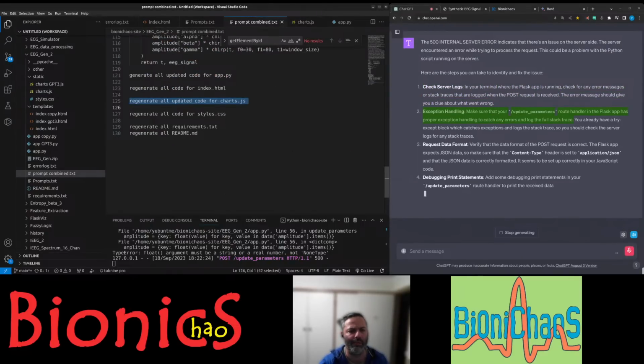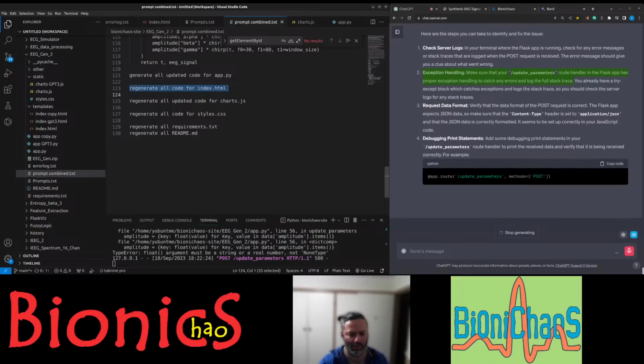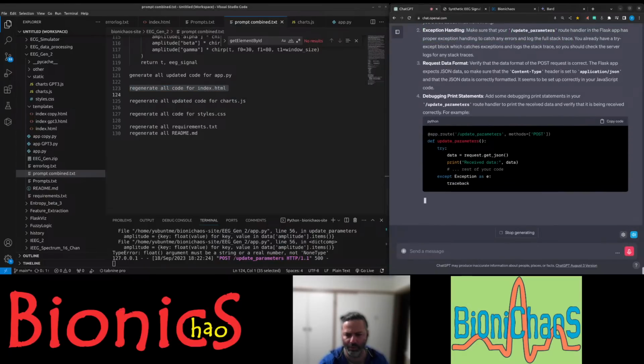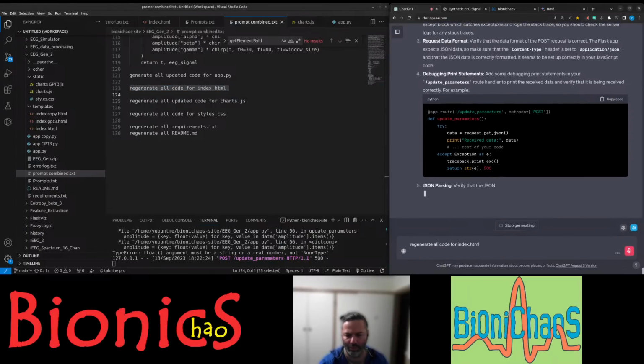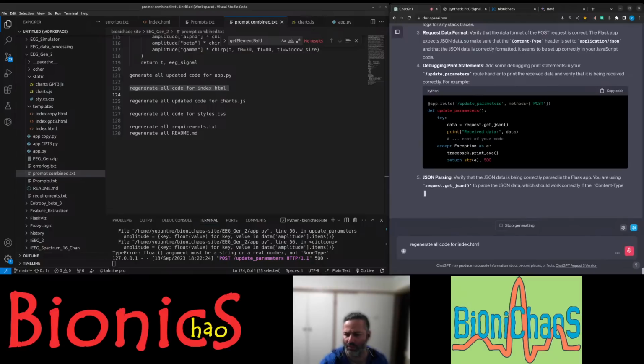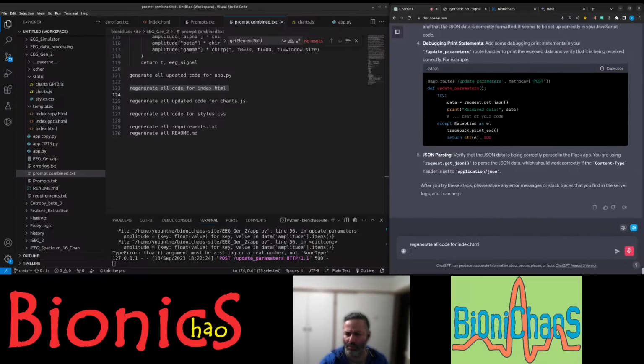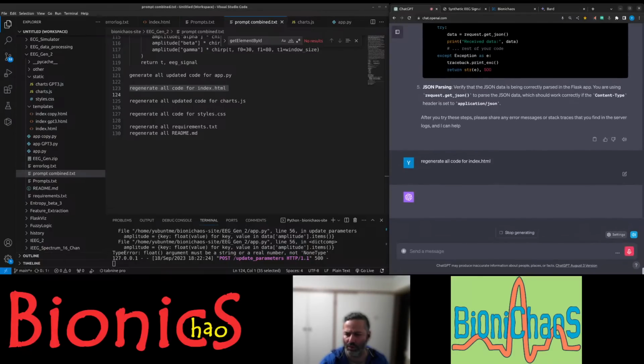Exception handling. Make sure that your update_parameters route handler in the Flask app has proper exception handling to catch any errors and log the full stack trace. You already have a try-except block which catches exceptions and logs the stack trace, so you should check the server logs for any stack traces. Request data format. Verify that the data